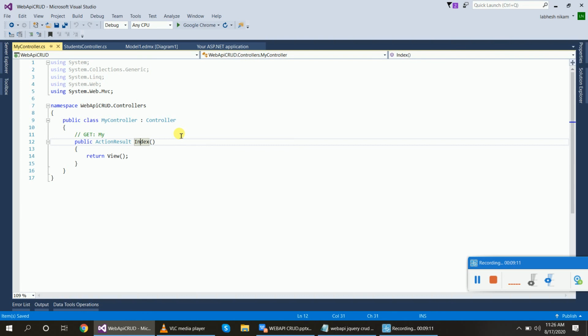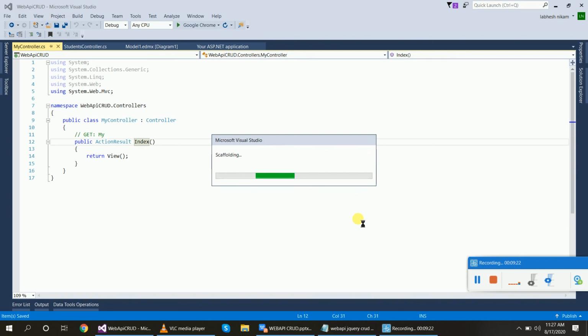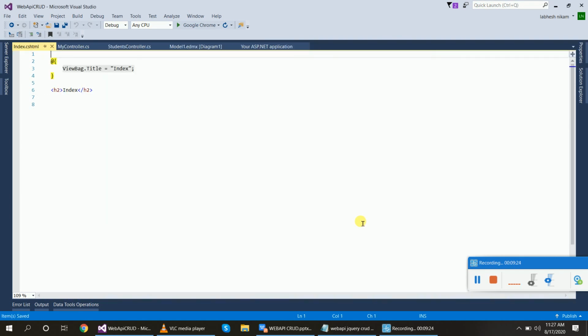See, here we have not created any model class, so empty without model, Index. Use layout page. When we use the layout page, all the script files are added automatically. So we have selected the layout page.